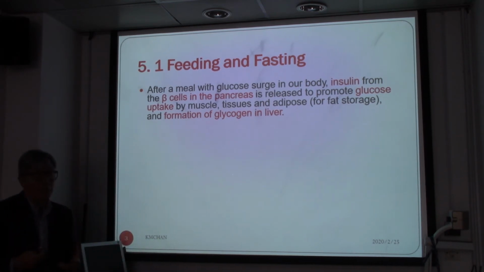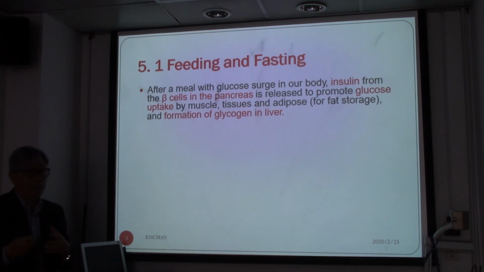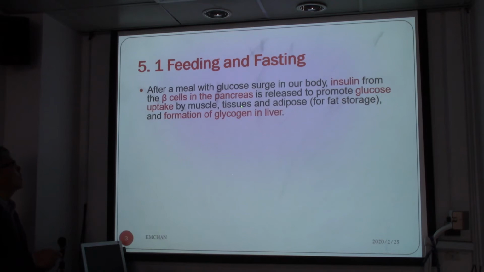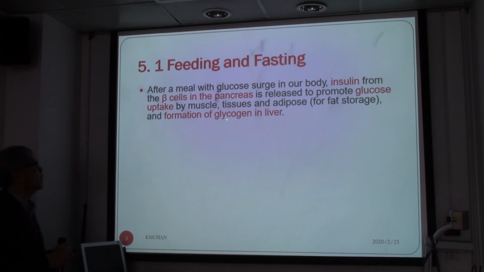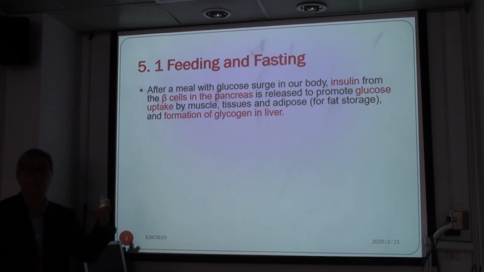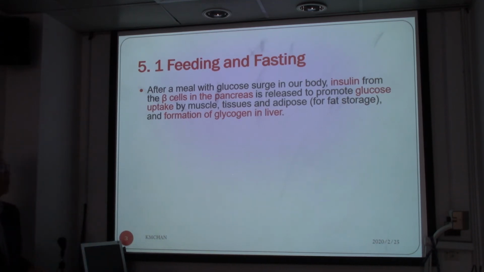We don't need them in the blood. We do need them in the blood to transfer to different parts of the body, to the muscles, the tissues, and also to adipose tissue for fat storage. And then in the liver, the sugar will be stored in the form of what we call glycogen. So it's a polymer of glucose